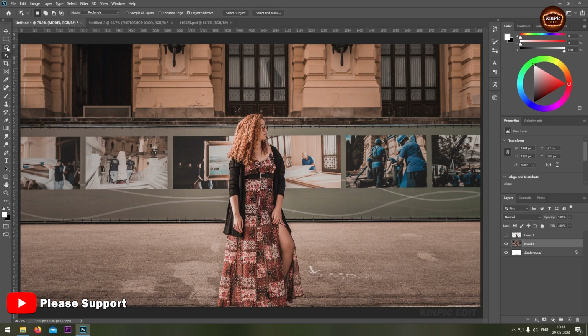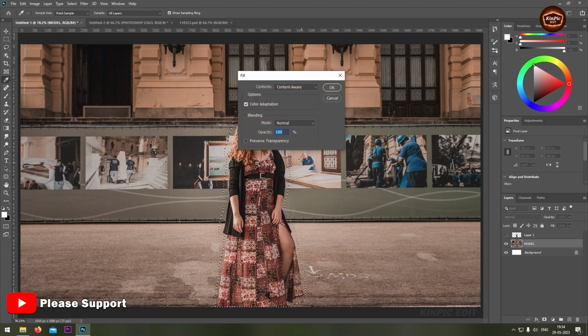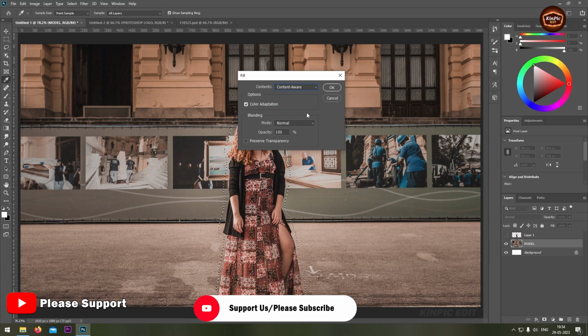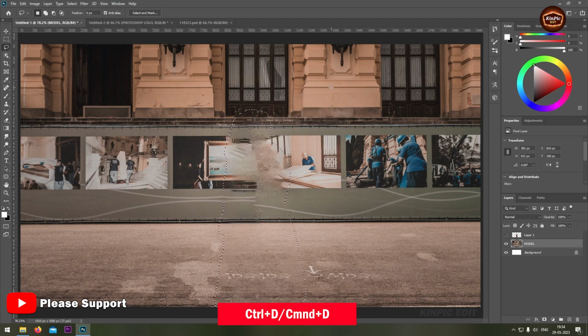Select lasso tool, right click and select fill. Select container, check this on. Now Ctrl or Command D,